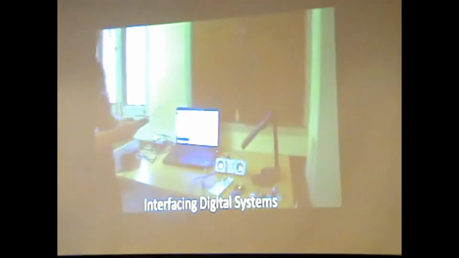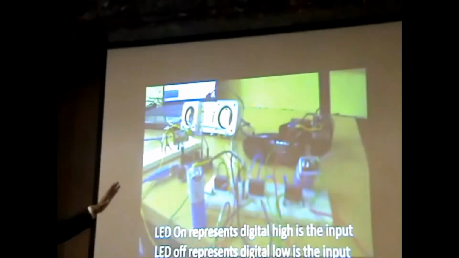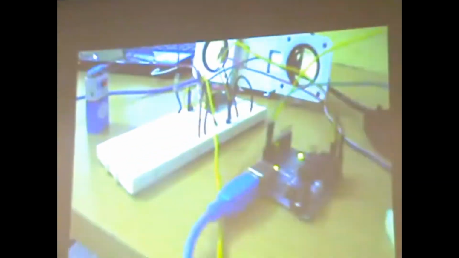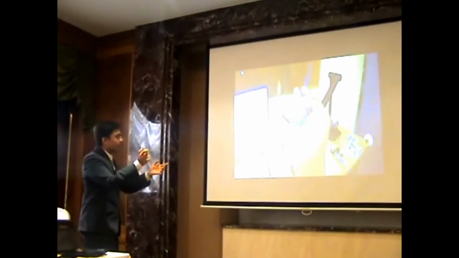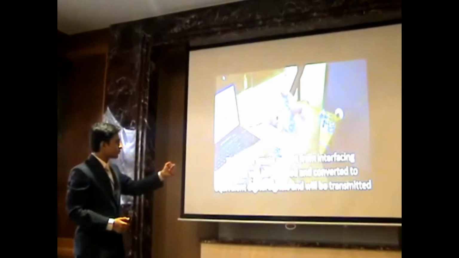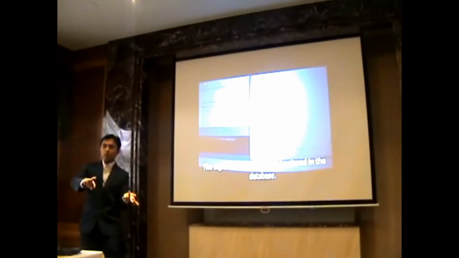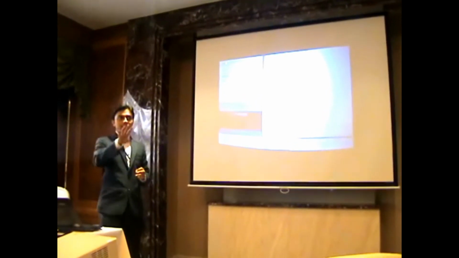Here I am transmitting digital signals, ones and zeros, to the transmitter. The LED represents high and low as the input to it. The system is made wireless here. The incomplete part is the brain interface system, so I'm mechanically feeding the data to the computer. I'm feeding high, I'm feeding low, and this data is fed to the computer database. Here you can see that ones and zeros are taken into the database. If I have two bits, 1 and 0, 2 squared is 4, so I can have 4 combinations.